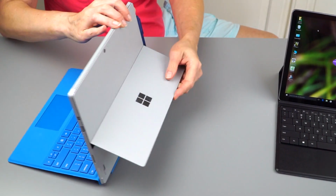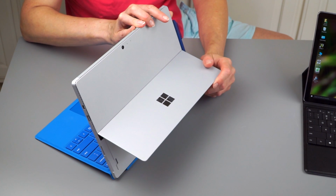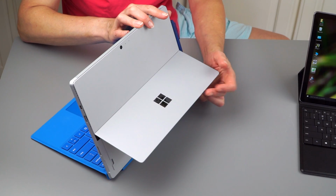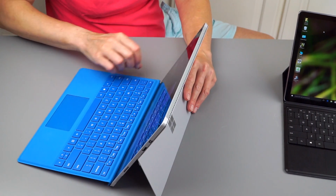Now you're going to have this metal edge against your leg, which might not be the most comfortable thing, but it will stay in place. And I use it in my lap, actually, and it's fine, even when I wear shorts. Although for extended periods of time with shorts, this is not the most comfortable thing. Anyway, there are a couple of other tablets that have copied this sort of design,